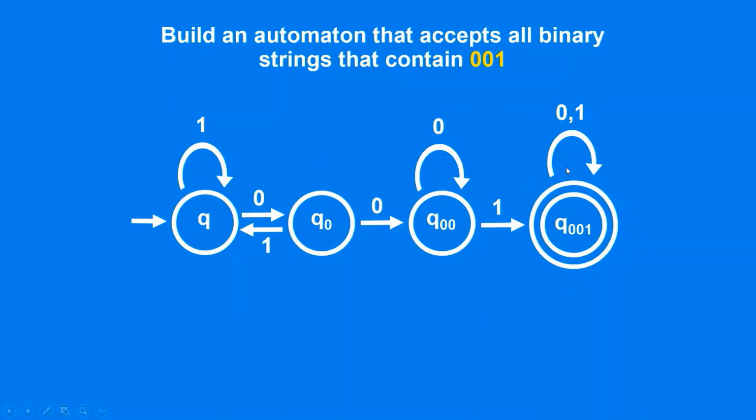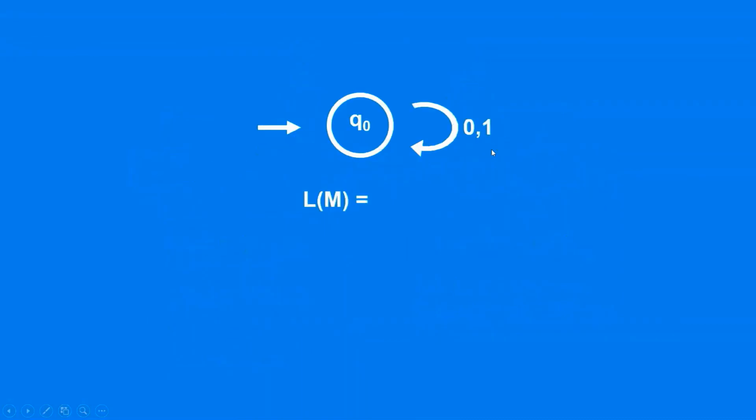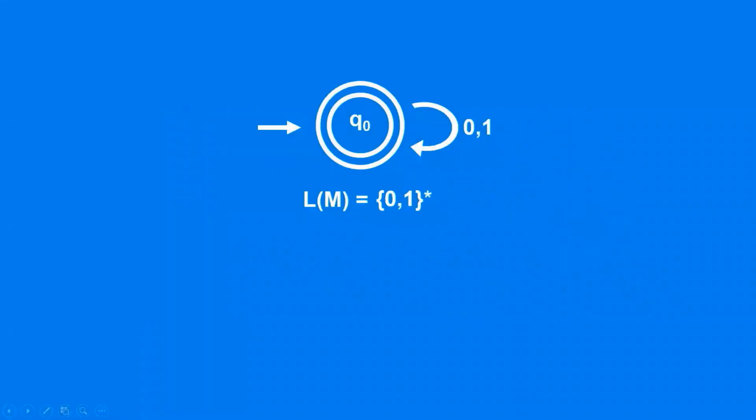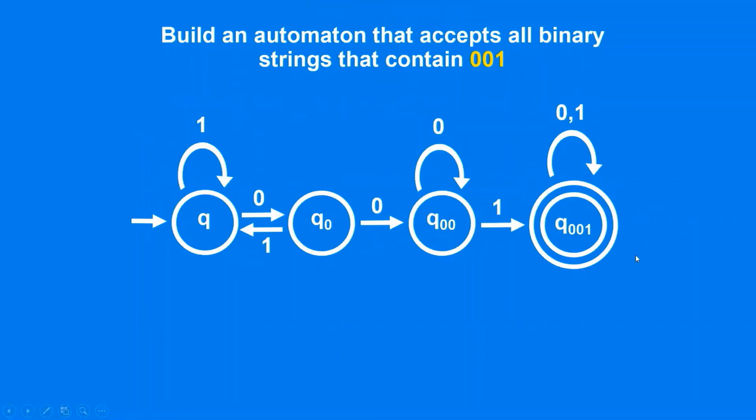After that, whatever 0 or 1 comes, you go on with all possible binary strings of 0 and 1. This we discussed in our last class. All possible binary strings, right? So I am using it here again. The last state is this one: after scanning 0, 0, 1, I need all binary strings.